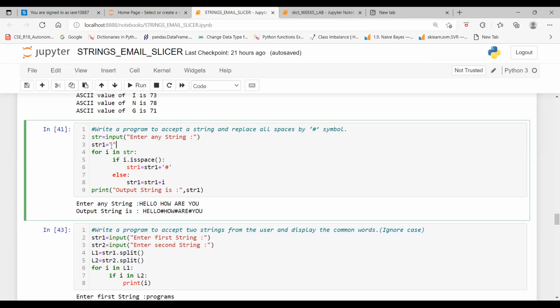Now here string1 equal to, I am taking only inverted commas, okay? Now I am using the for loop. By using the for loop, I am accessing the string which was entered by the user. That string I am accessing, okay? So here, for example, I entered the